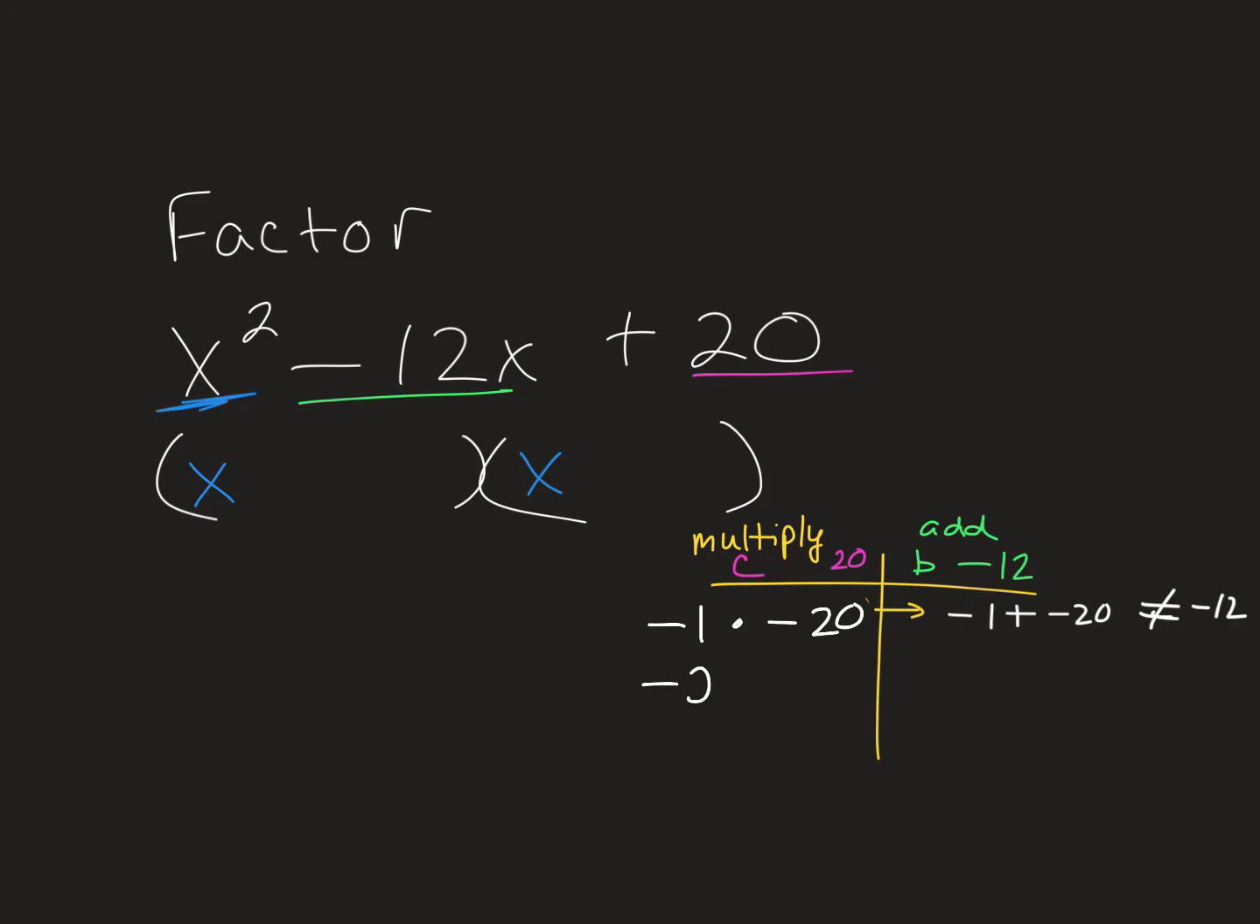So now the next one I'm going to try is -2. -2 times -10 gives me 20, and we need to add them to test. So -2 plus -10, there's my -12. So I know that those are the two that are correct. And because they're negative numbers, that means I'm going to need to put them as